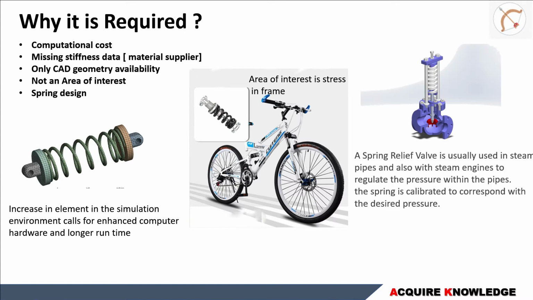and perform this type of a full-fledged analysis of a bicycle. Next is that in some cases, we need to actually design the spring based upon the modeling requirement. This is an example of a spring relief valve in which we usually calibrate the spring stiffness properties, which will give us the desirable behavior. So in those cases, again, for a starting purpose, you can extract the stiffness properties and then perform some plus delta minus sensitivity type of analysis to see which value is actually mimicking the situation. After that, you can go back to your spring model, modify the geometrical properties or design the spring in such a way that it will give you the corresponding spring stiffness based upon the geometrical details.